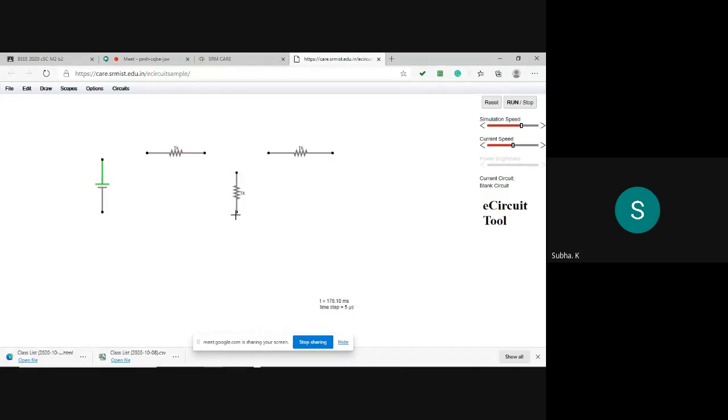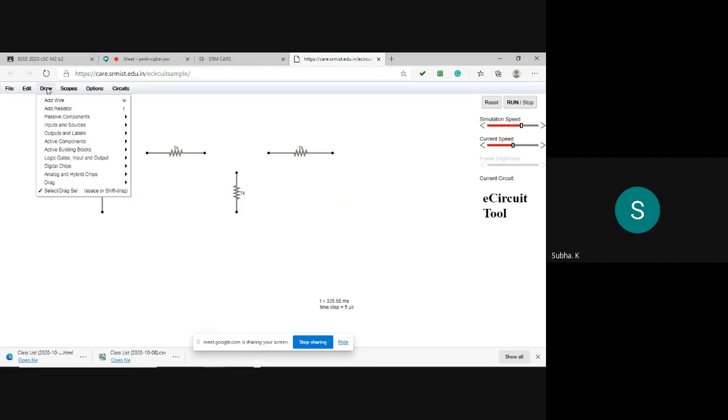This is for Norton's theorem, short circuit current I am doing. There was one 1K resistance that I will remove, and I will short those two terminals, that's all. And I will find out the current. So I will add one ammeter if possible, to find out the short circuit current. And I will connect everything by wire.